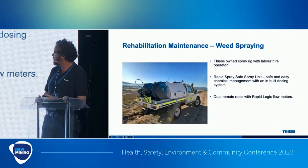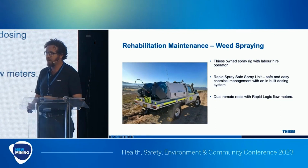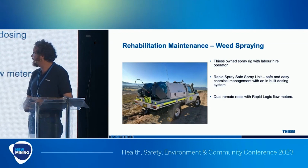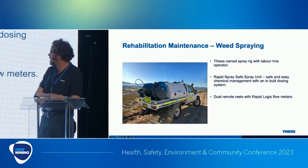One thing we've experienced, probably all the mine sites over the past 12 to 18 months, is just a general lack of labour. So what we actually did is buy our own Thiess spray rig to improve the deliverability of the weed spraying. We've got a rapid spray unit which has got a SafeSpray system on it, so you don't have to get up on the rig. It's really innovative and it's the best available technology for weed